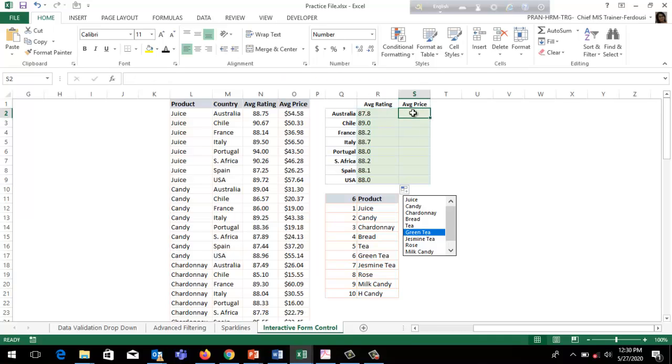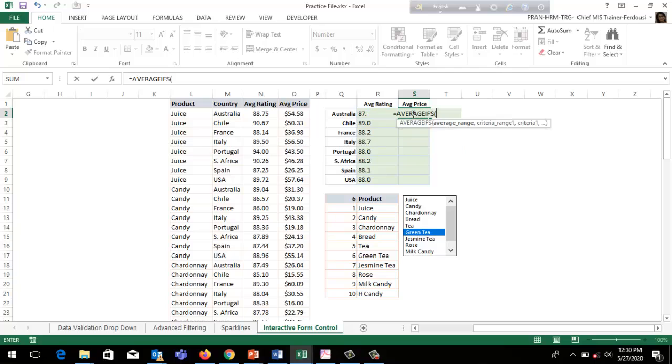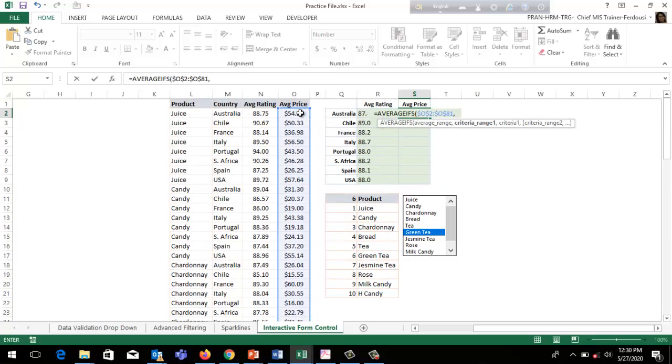I will use the same function in this cell. AVERAGEIFS: average range should be this cell position, press F4, then comma, criteria range should be this cell position, F4, comma, then this cell position, then comma.